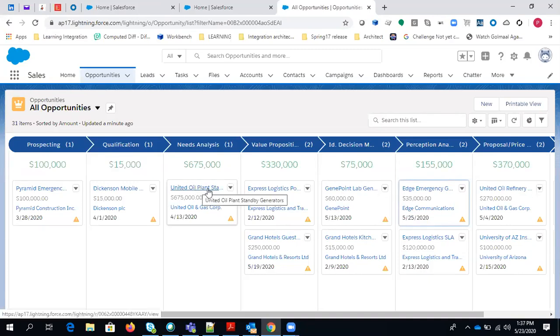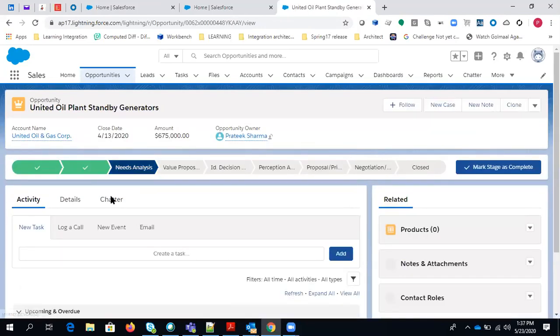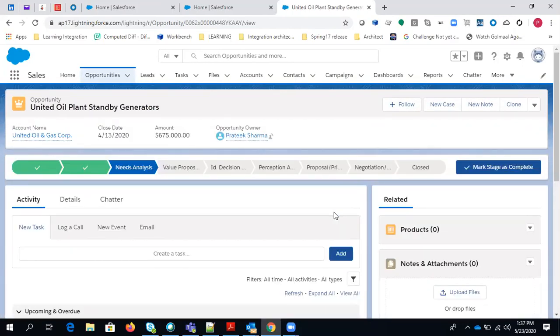You can also see the change with a single record as well. Let's say I go to this single opportunity record. You can see it is called a single record, and it has also changed. The visibility of the single record is now divided into tabs. What was happening in the classic was that you had to scroll down a lot to check the complete record detail page. So what Salesforce did is show that this particular opportunity is now at the needs analysis stage, and it has already covered two stages.